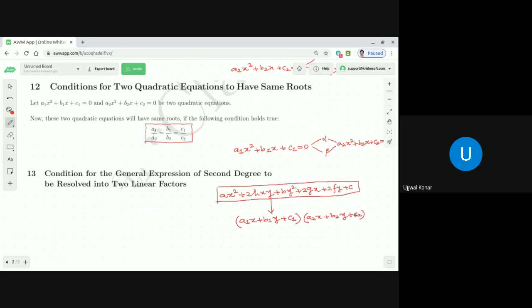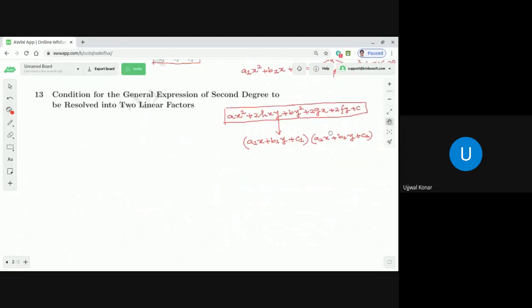It is not true that we can always do this. That means a general expression of second degree in two variables is not always possible to express as a product of two linear factors. Under what condition can we do this? That we are going to learn now. The condition to be satisfied